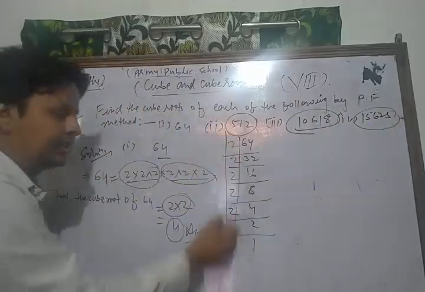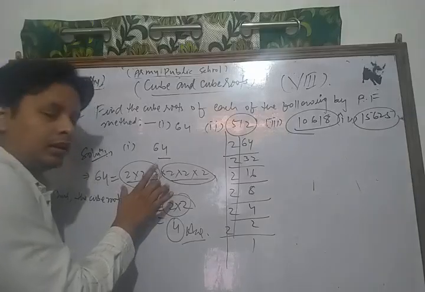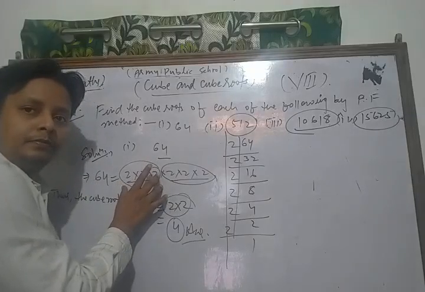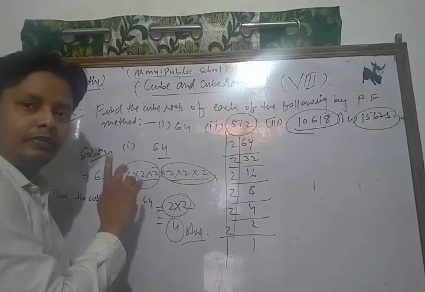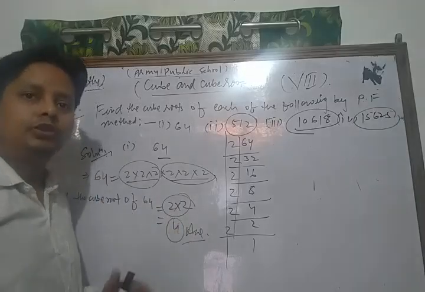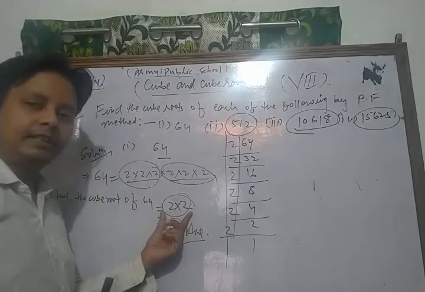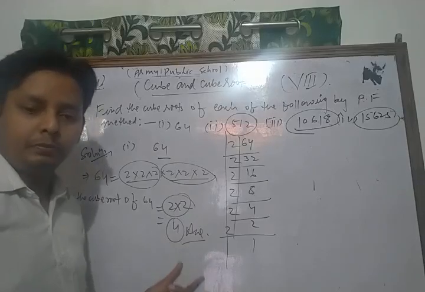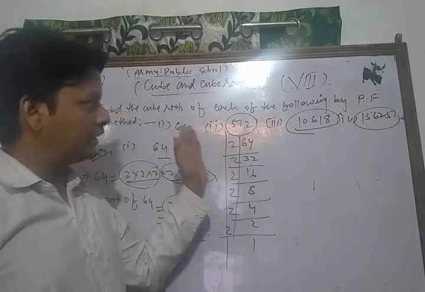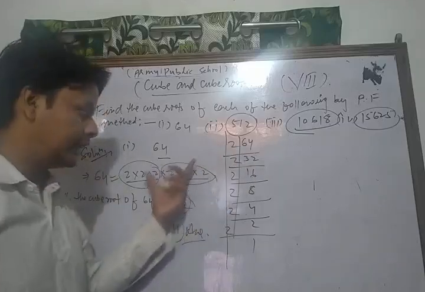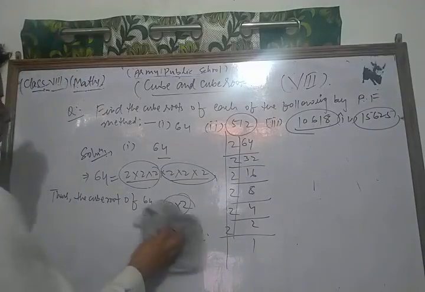And after factorizing each of the given numbers, first of all you form the groups of factors in triplets of equal factors, and you take one factor from each of the triplets and multiply them, you get your result. So in this way you can solve that type of questions. You can solve each part of the given question with the help of that method. Now we take and solve some other important question based on that topic.